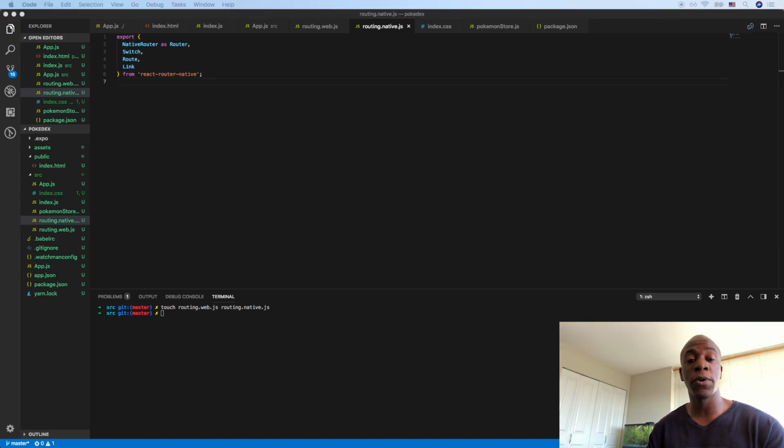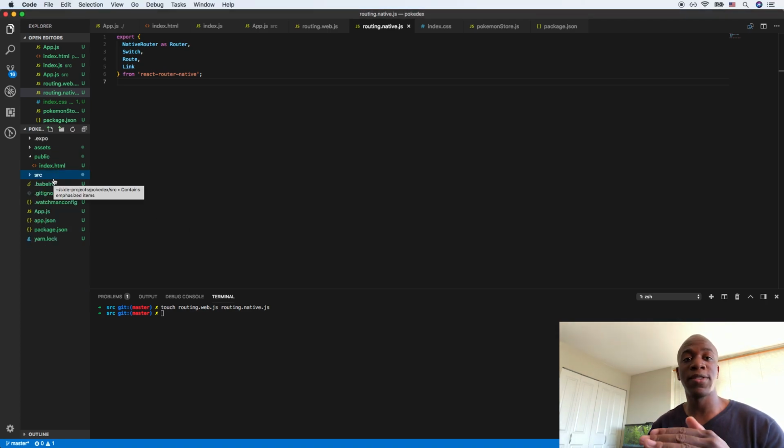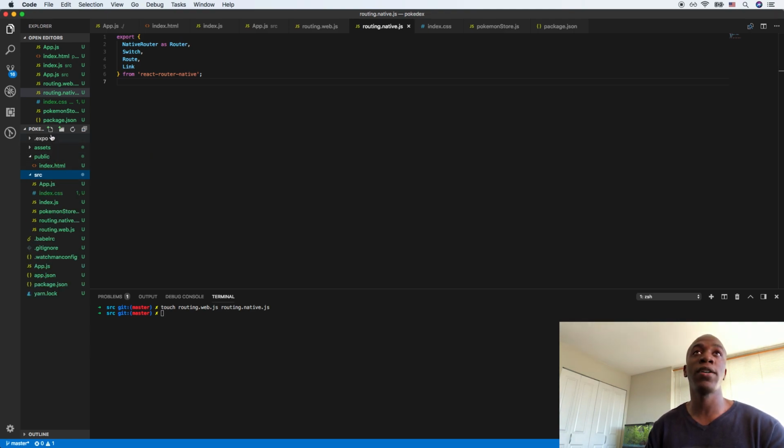Okay, now that we have both routing libraries set up, before we wire them up to our app, let's make sure that we have some routes to render. And so we're going to create two new components. One is going to be Home. That's the component that's going to render our list. And the other one is going to be Pokemon, and that's the route that's going to render the details of one specific Pokemon. So let's create the two files,